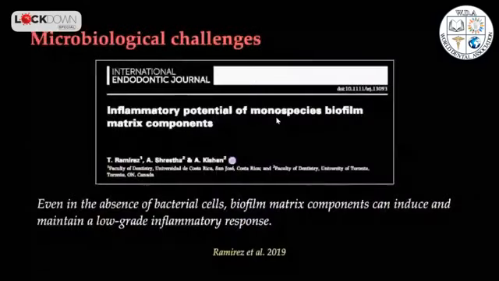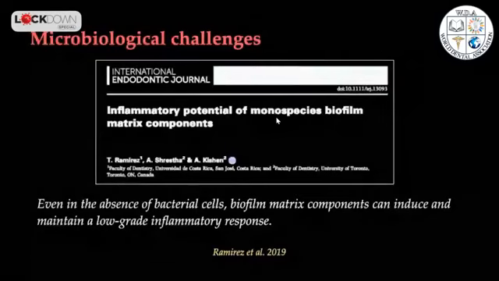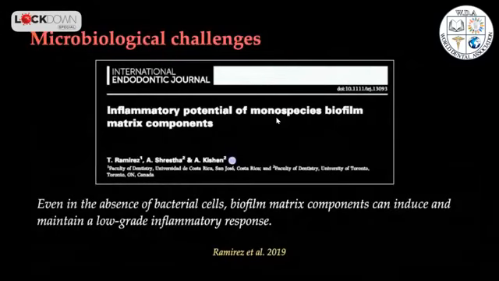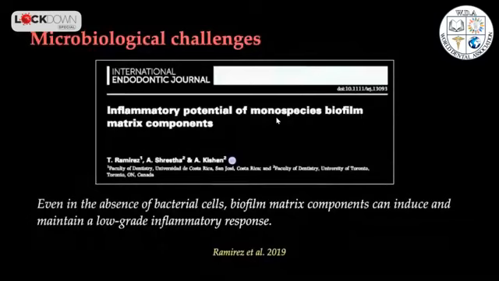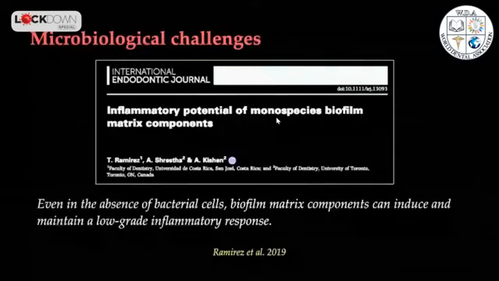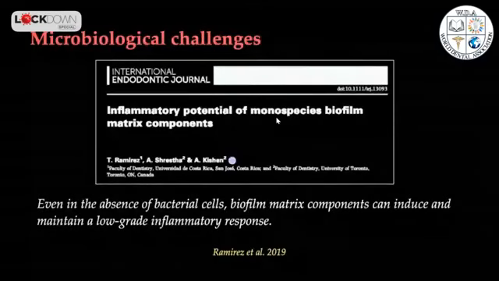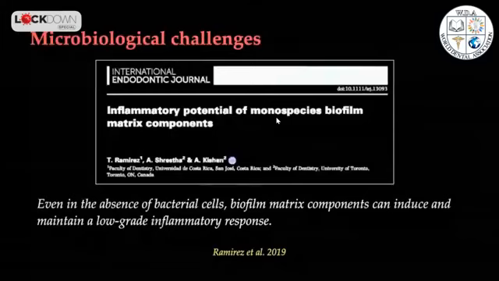And very recently, there was evidence published by Professor Ronald in Toronto, where he showed that the matrix is extremely important in causing long term inflammation. Till this research was published, it was oftentimes thought that the number of bacteria or the number of microorganisms in the biofilm is mainly responsible for inflammation. But now we know that even if the microorganisms are removed, the biofilm matrix alone can result in a sustained inflammatory response, which means that our disinfection strategies have to critically disrupt and dissolve these biofilm matrix components.